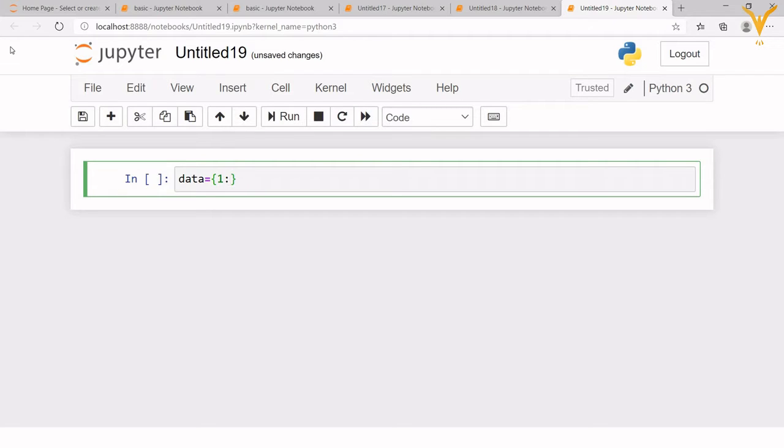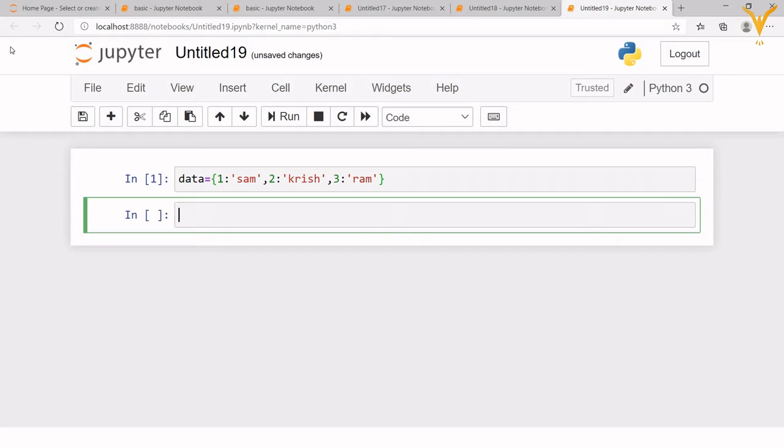So 1 and we have Sam, roll number 2 and we have Krish, roll number 3 and we have Ram. Okay, so we have created a dictionary.